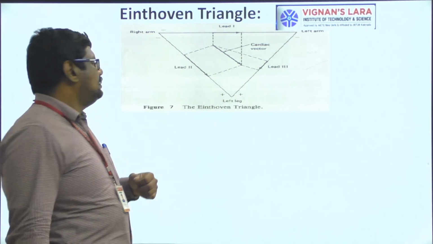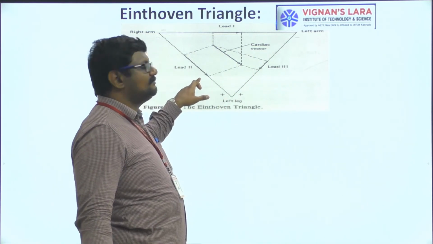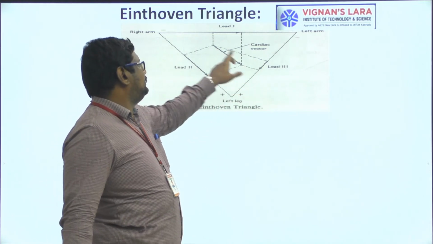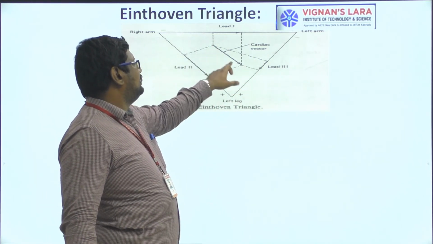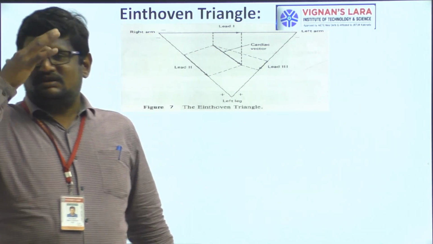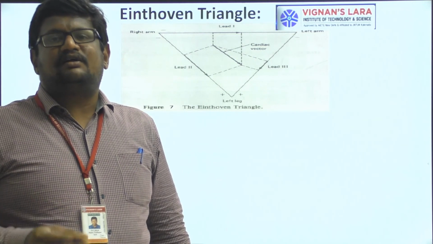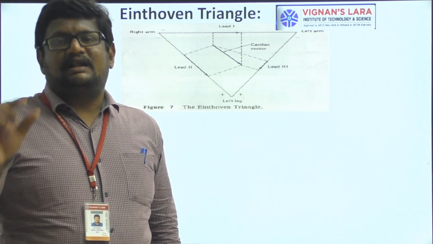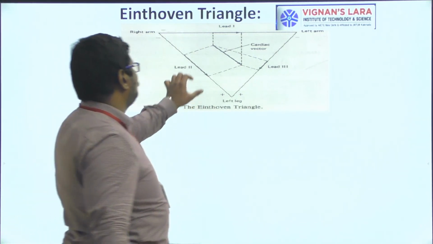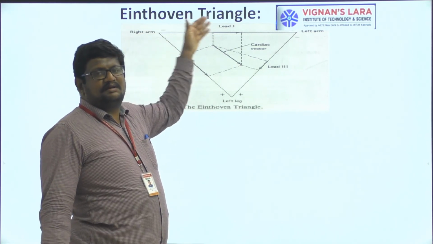How will we identify it? So this is one vector and this is another vector. This vector is taken from lead 1, this vector is taken from lead 3. So if you simply interconnect these 2, a final cardiac vector is the outcome. So this is simply instantaneous. Instantaneous in the sense, at a particular point of time, that is a cardiac vector. Means at that particular point of time, what is the amplitude of the ECG signal? That is shown by the length of this cardiac vector. And the third vector, that is nothing but complementary.